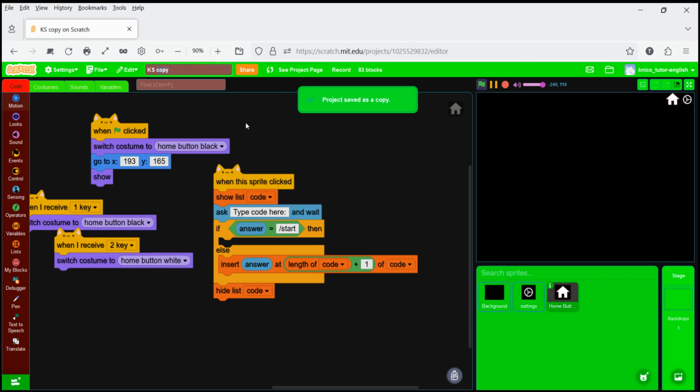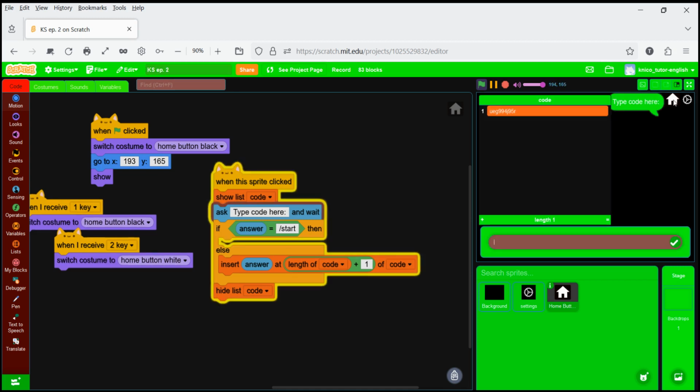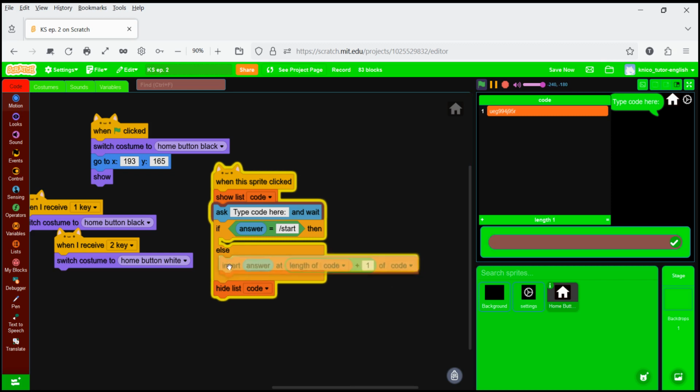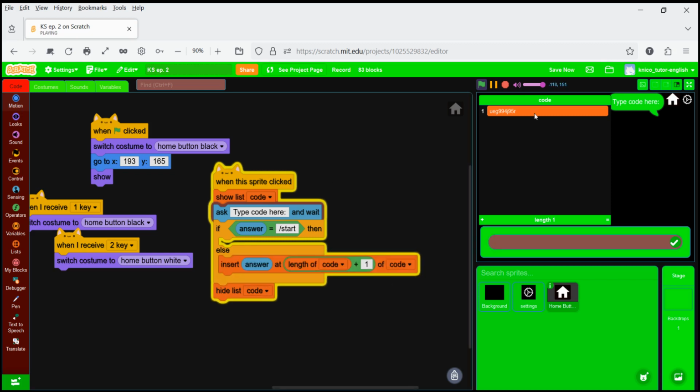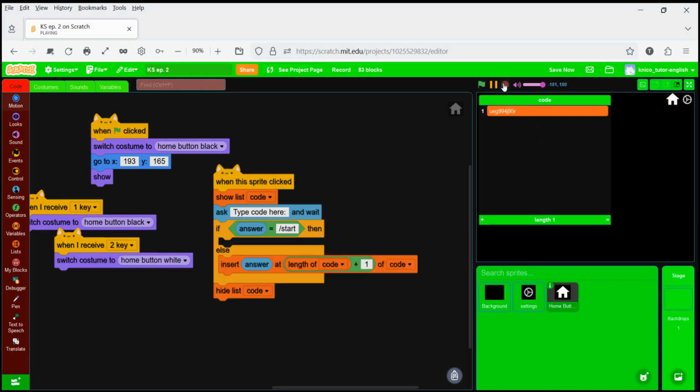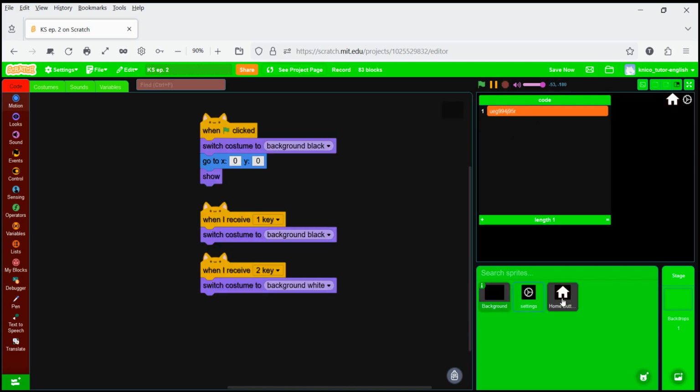Don't forget that. So, when I now look, that is not code, but it is inserted, but it is in our code list. We don't want that. So, we make